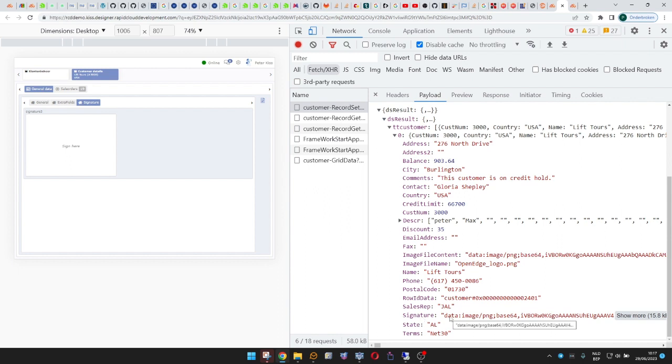So here it is. As you can see, it's going to basically send back a base64 PNG image. So let's just copy that for a second